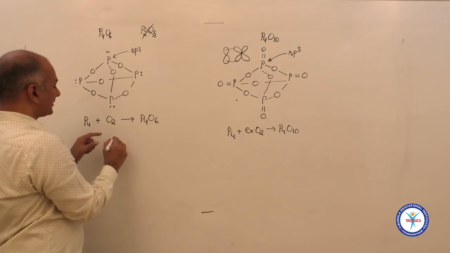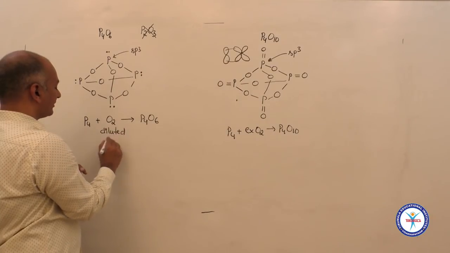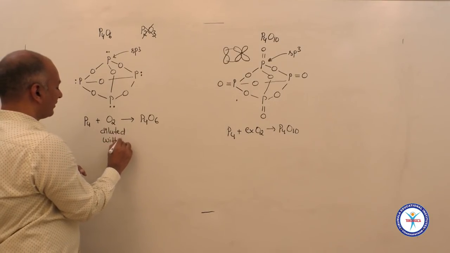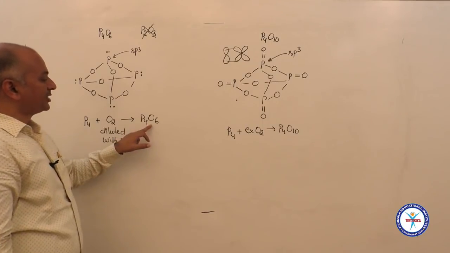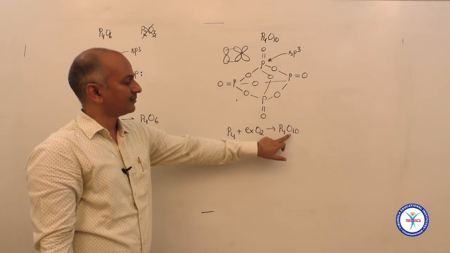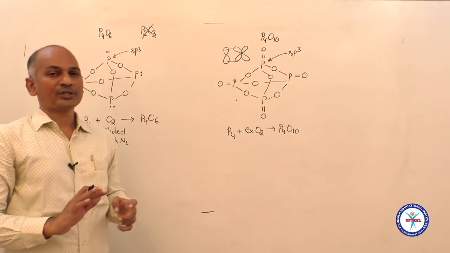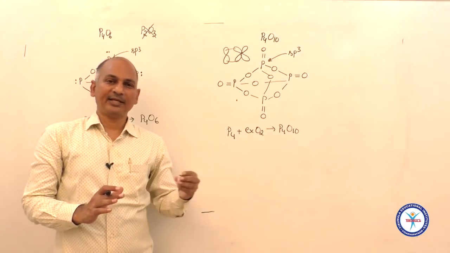And the best conditions for that is oxygen diluted with nitrogen. If you do that, then the major product is P4O6. Then in the presence of plenty of oxygen, you will get P4O10. And I told you, if you remember, whenever you study about an oxide, maybe it is in S block or